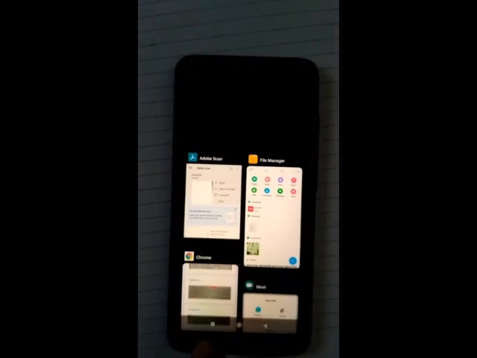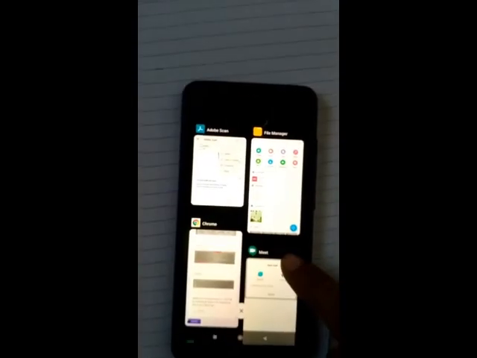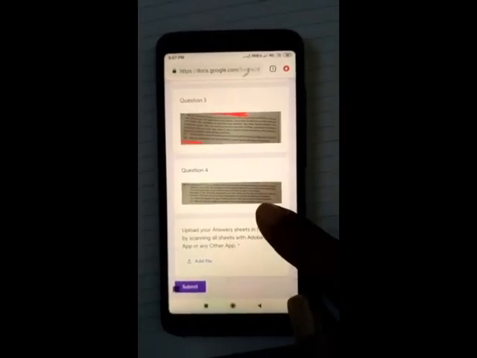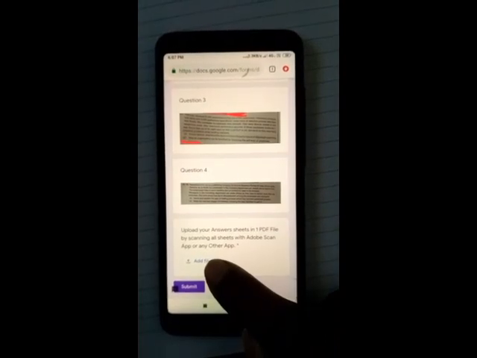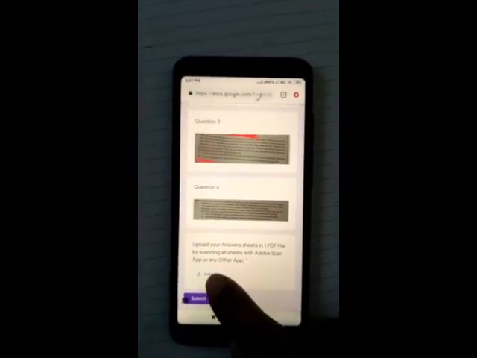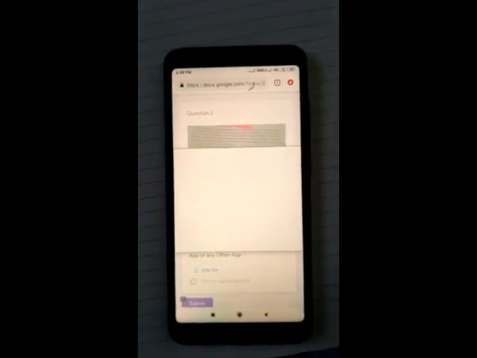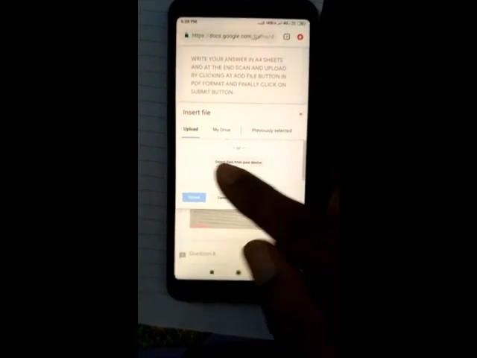Now what you do, minimize your screen and open the question paper, and here one option is given, add file. Simply click on add file. When you click on add file, you will get this option.